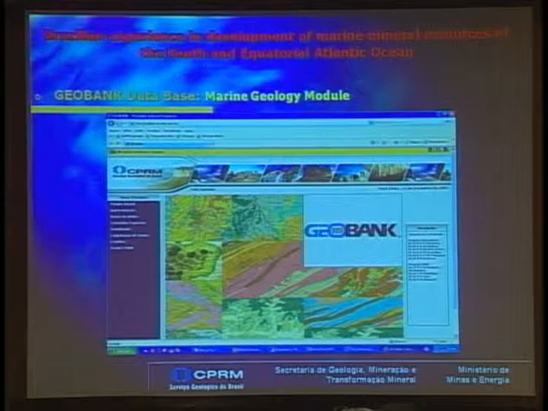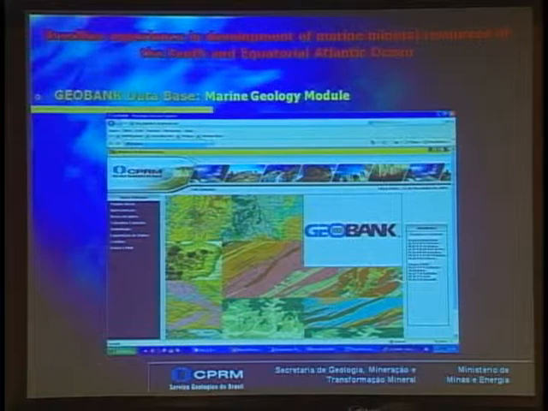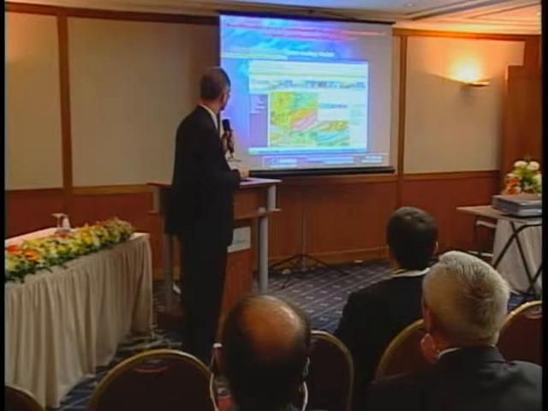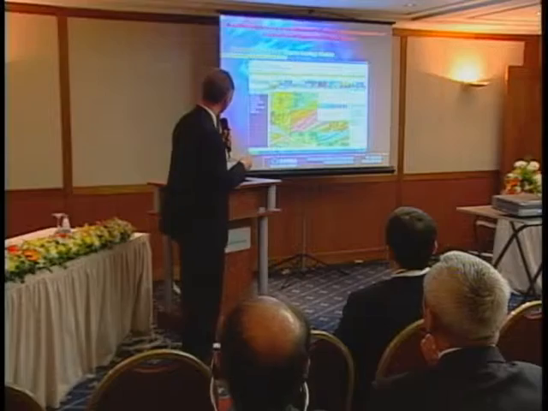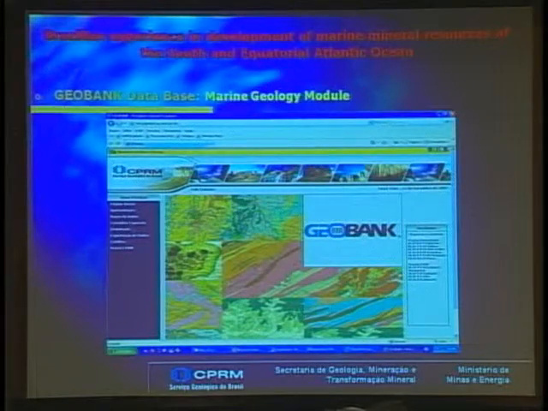The Geological Survey of Brazil has a database called GeoBank. You can access all the data from Brazilian continental areas by internet. And now we are developing a module for marine geology and marine mineral resources.